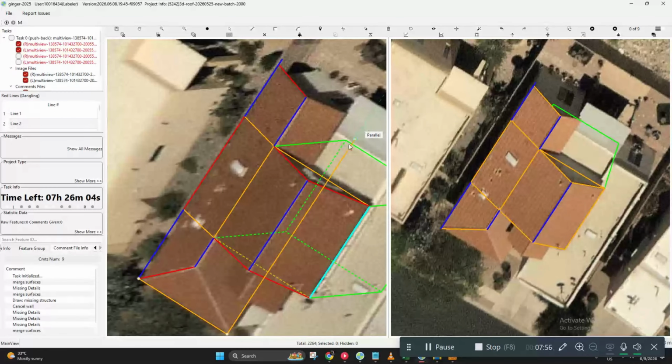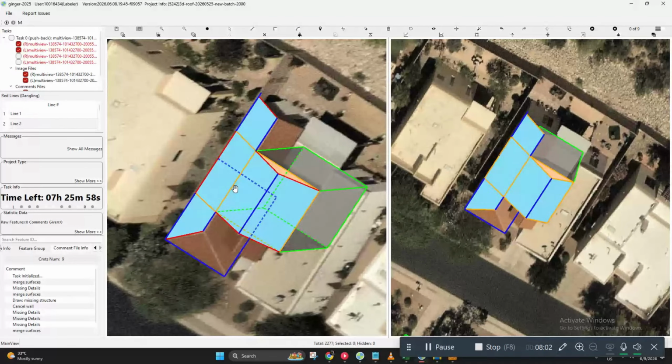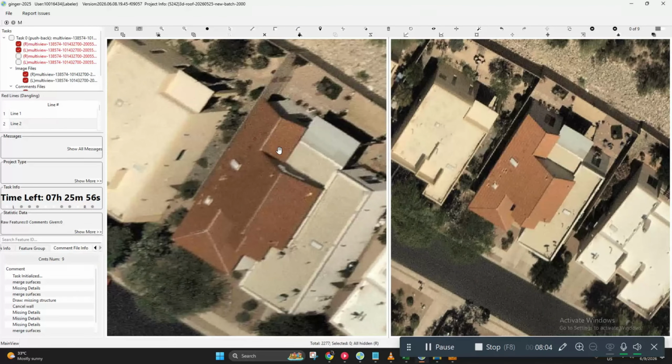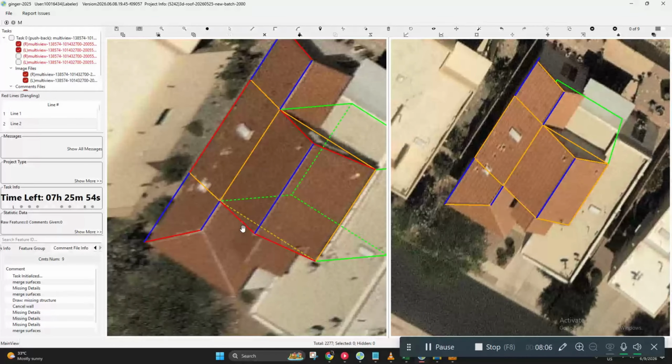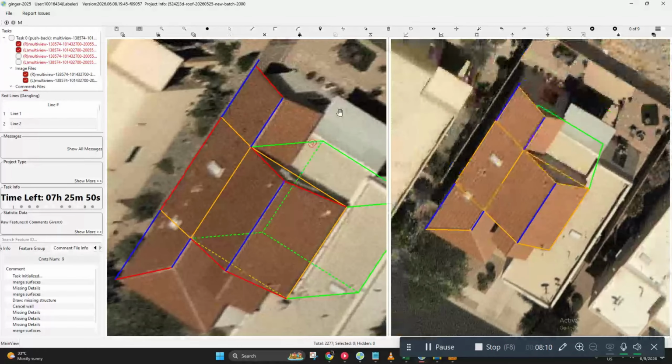Oh, so that's why. So that is why we were having a hard time because this area here is a bit smaller compared to this one.